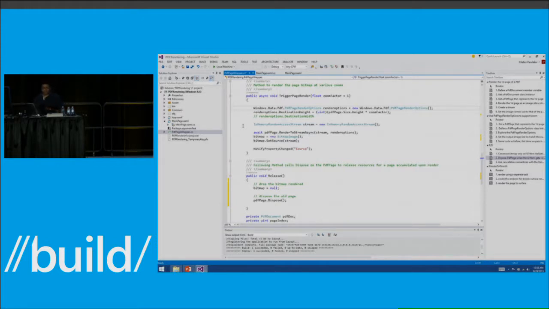So rather than using the render to stream async method as is, I'm going to introduce cancellation semantics with which I'm going to use this method. So let me put that piece of code in. First, I'll go ahead and just simply comment this out.